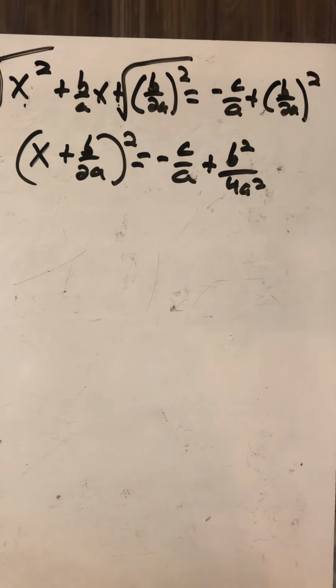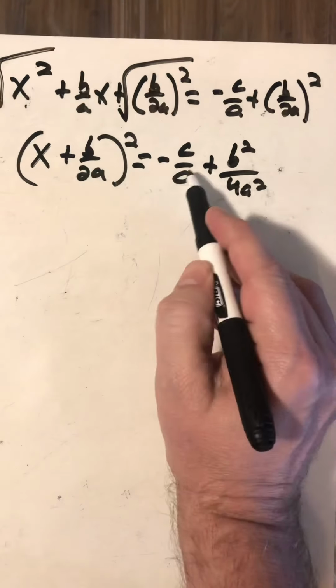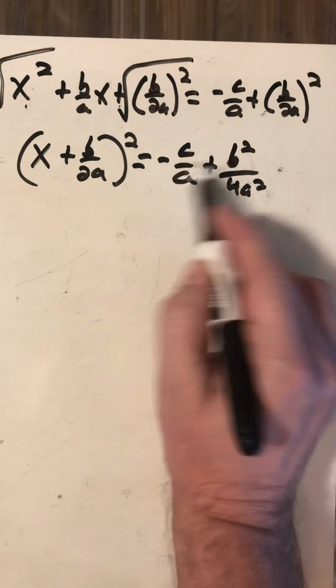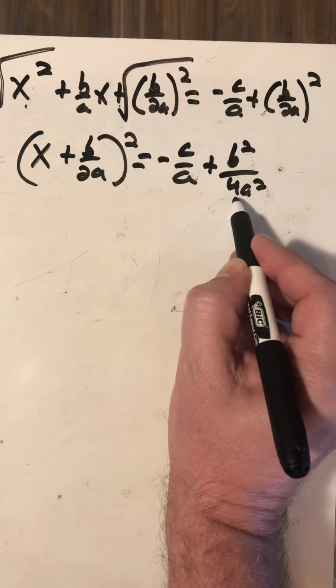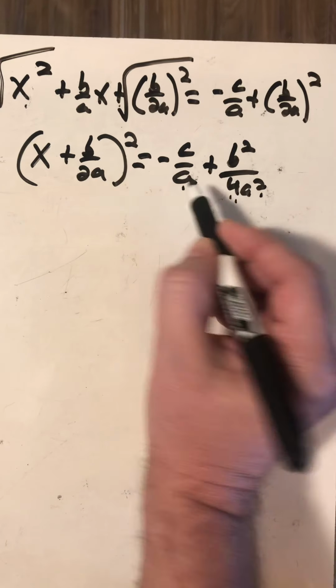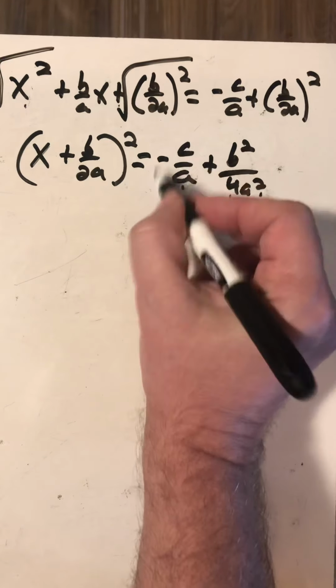What we're going to do next is find a common denominator so we can add these two things together over here. Okay, guys? The common denominator is going to be 4a squared. Well, you've already got an a here, so you need to multiply the top and the bottom of this term